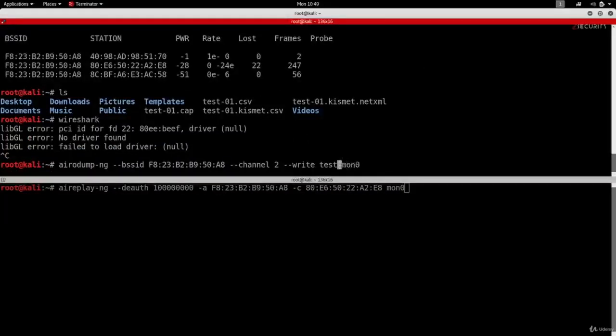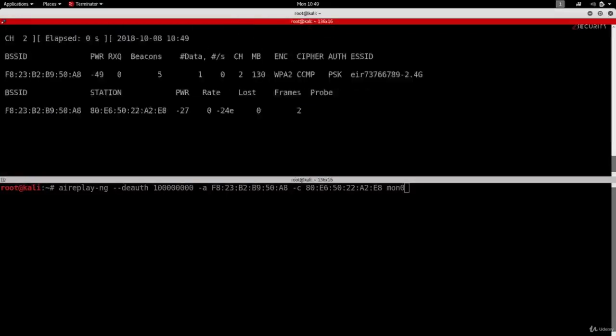And I don't want to write anything to a file, so I'm going to remove the write argument. So I'm just doing a normal Airodump-ng command. I'm literally just giving it the BSSID of my target network, and I'm giving it the target channel, and then I'm just going to hit enter. We've seen how to do this. We spent a full lecture on it. That's why I did it really quick.